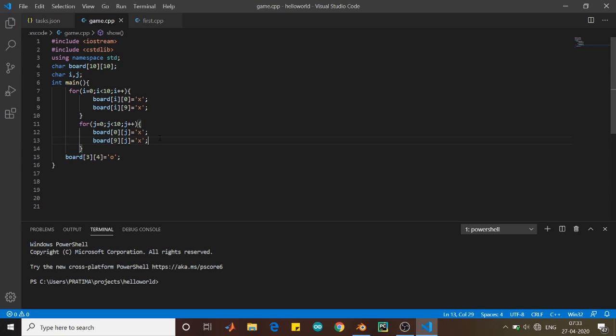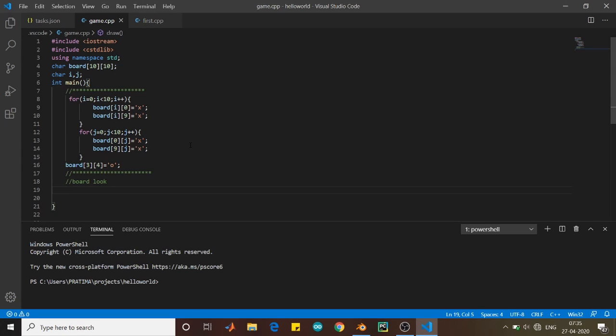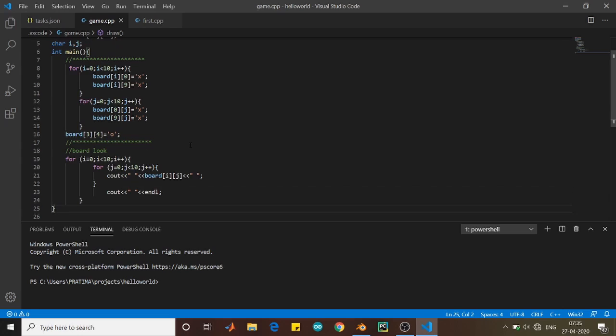Now moving on, we need to see how our board is looking. For that we are going to use a function which I will create later, but for now this is the logic. I am looping through my whole matrix. The i is looping through the row and the j is looping through the column, and I am printing my board value for each and every element of the array.